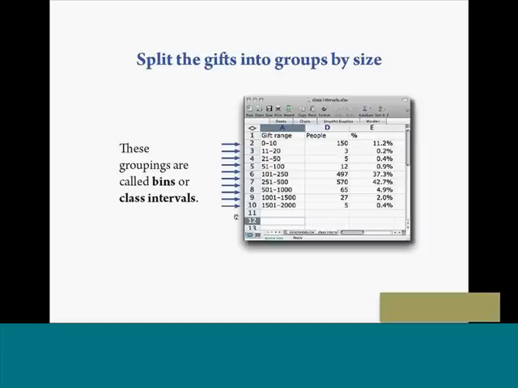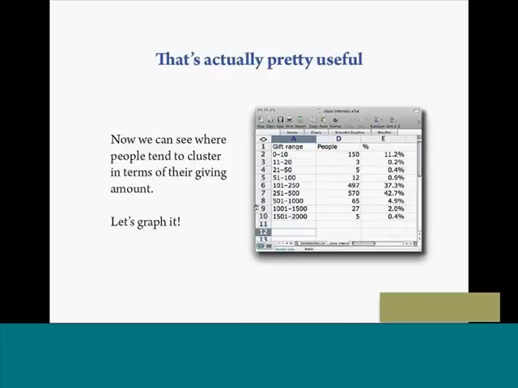And it also looks like we do not have terribly many people giving between $11 and $100. And when it comes to $101 to $500, we have a whole bunch of people. So by looking at this subsetted list, this collection of bins, we definitely get a better perspective on what's going on under the hood inside of that data. So this is pretty useful.